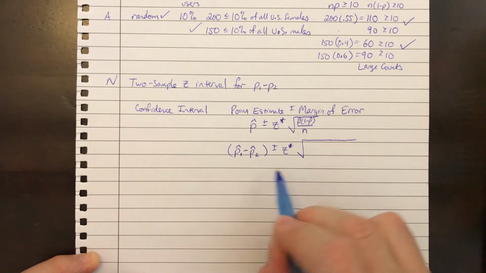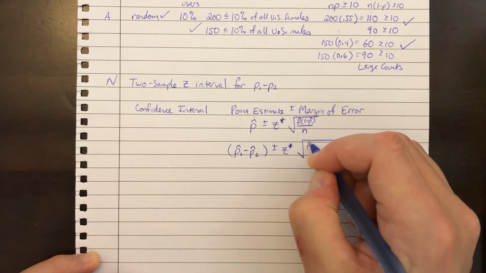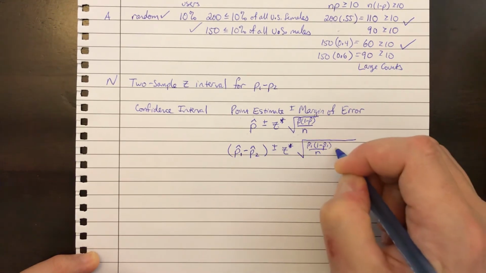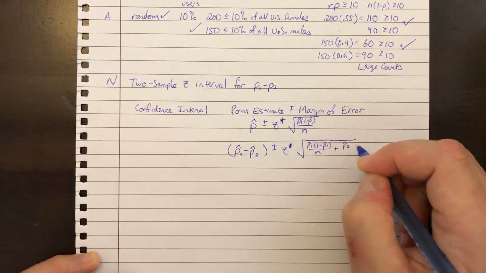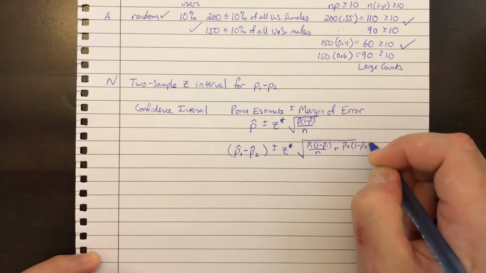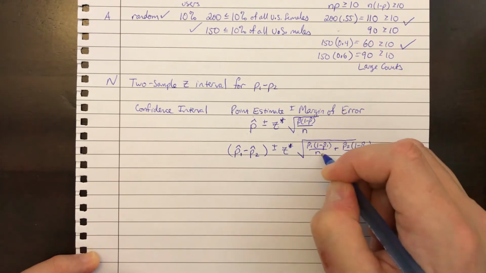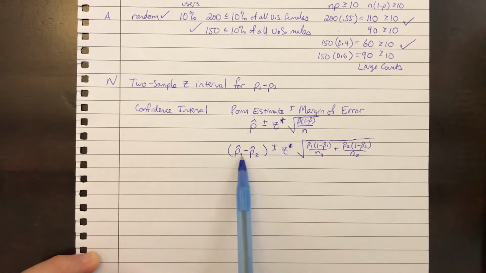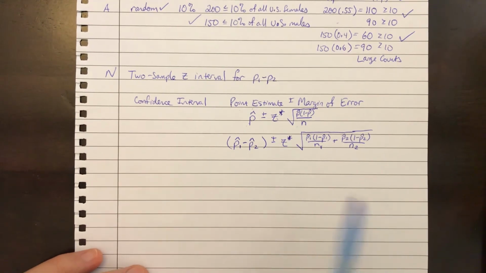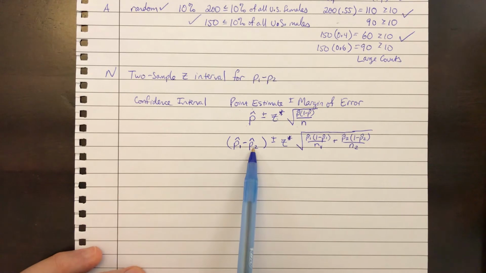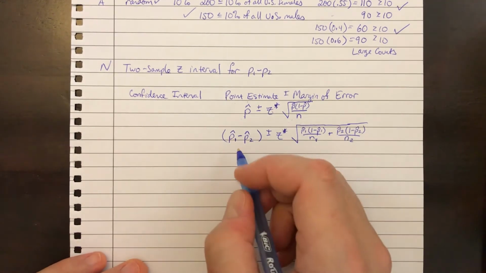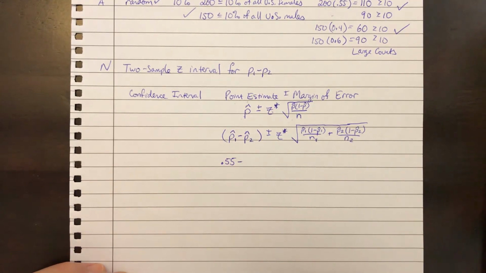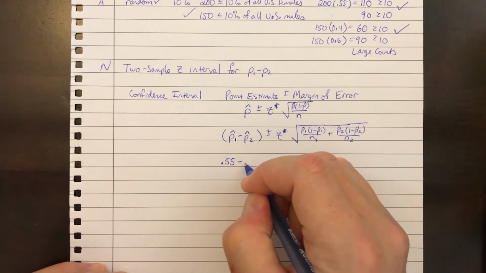Now this time, remember, we have two proportions, so we're going to take the sample proportion for the females times 1 minus their sample proportion divided by n sub 1, plus p-hat sub 2 times 1 minus p-hat sub 2 divided by n sub 2. We're doing the same formula, it's just that instead of one proportion, now we have two. So p-hat 1 minus p-hat 2, well, we know what those are. For the females, that was 0.55. Subtract the proportion of males who regularly use Twitter in our sample, which was 0.40,